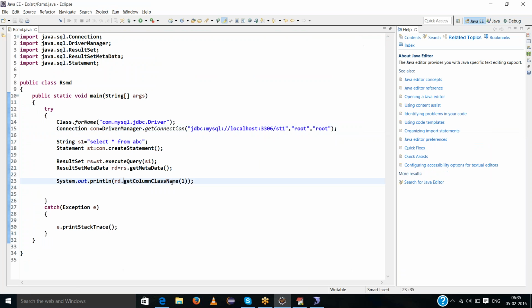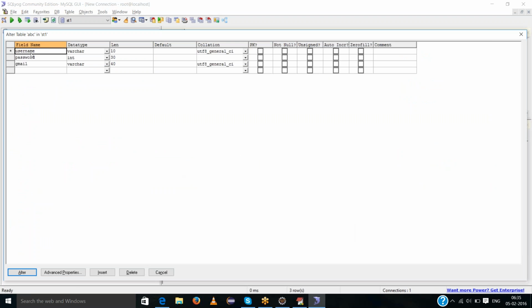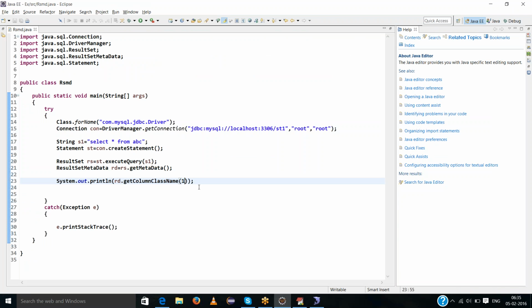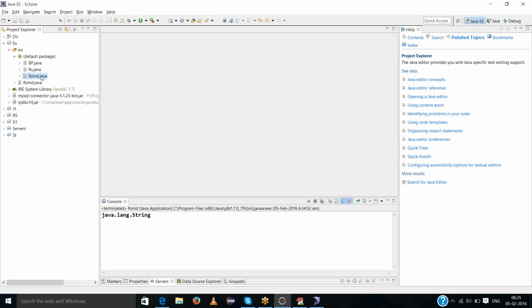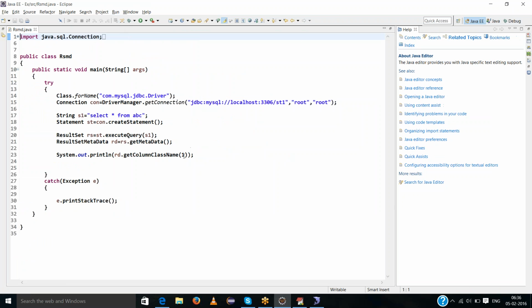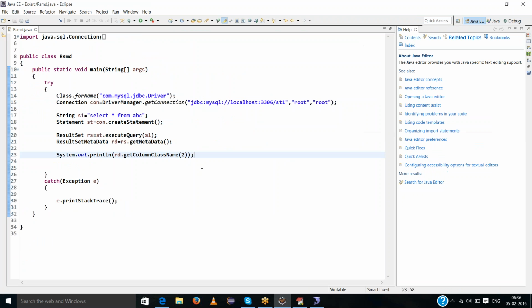Column 1 is the username and the data type is string, which is the class java.lang.String. And next, if I pass 2, an integer value, it gives java.lang.Integer, because it is an integer class. That is getColumnClassName.